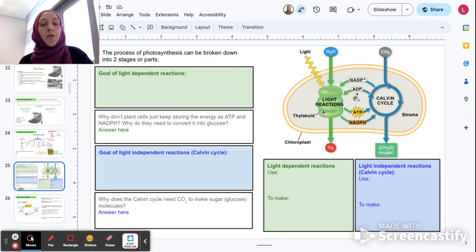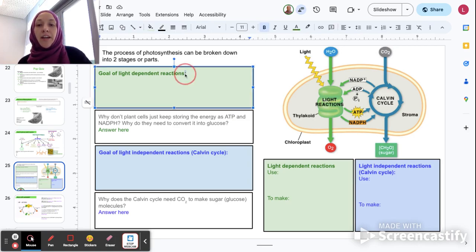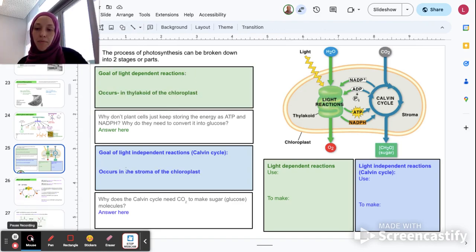Okay. So the light reactions, the light-dependent reactions, I'll just write here, it takes place in the thylakoid. Okay, so I've written it here, it occurs in the thylakoid of the chloroplast, and the light-independent reactions occurs in the stroma of the chloroplast. In a different video, I can talk about where those locations are, but tentatively, if here's our diagram of the